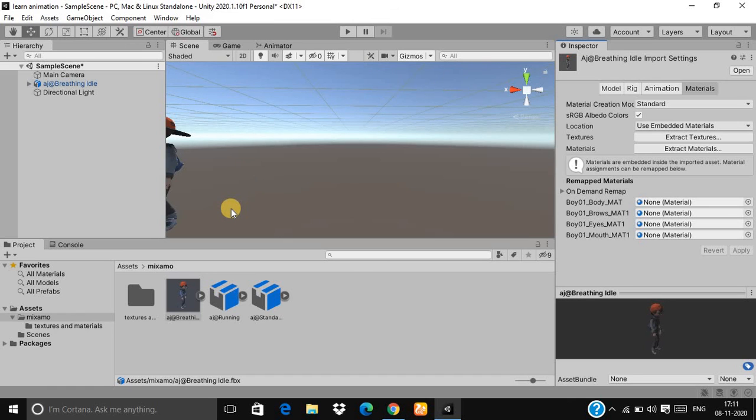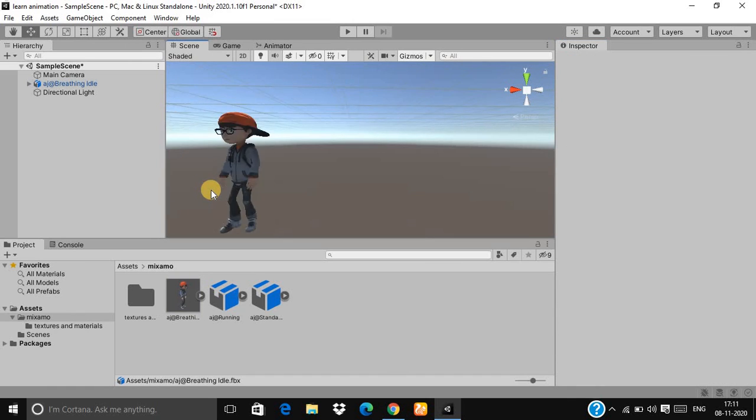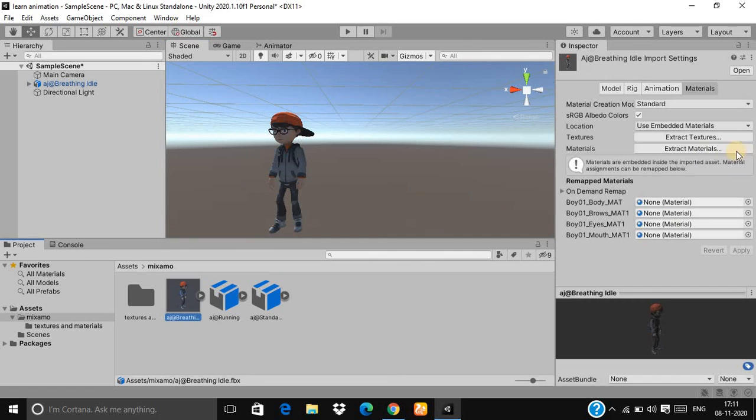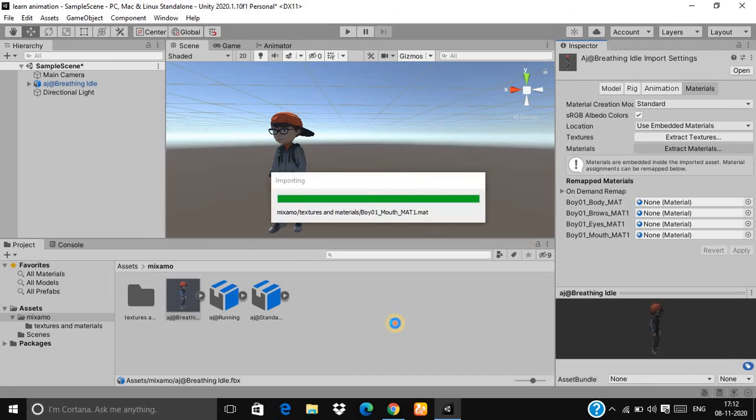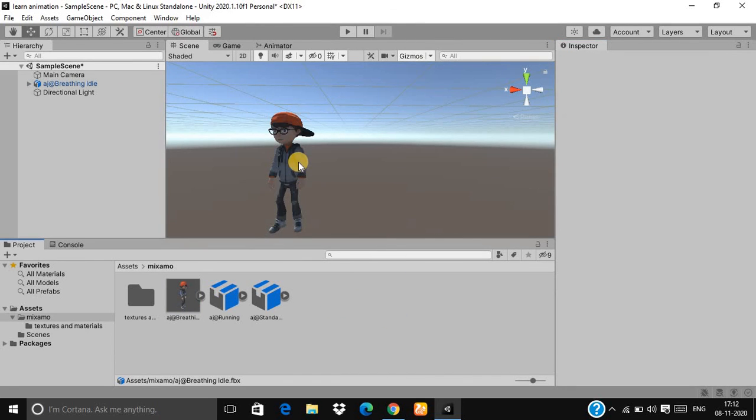Okay, now our character is appearing. You can also extract its material: just choose the texture and material folder and click select. It's importing our material. So now our character is being able to be seen, and this will be just enough for this video.